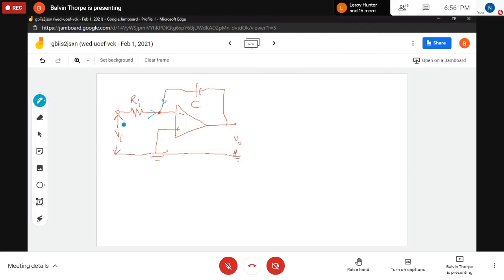So this is my feedback current. If I apply an input voltage across this resistor, it means that this is my input current, and I can call it II. And this is my feedback current that's going through our capacitor. I can say this is my capacitor current, and I can call this IC. We know from what we have that if we apply this input voltage, one thing we know for sure is that due to virtual ground,